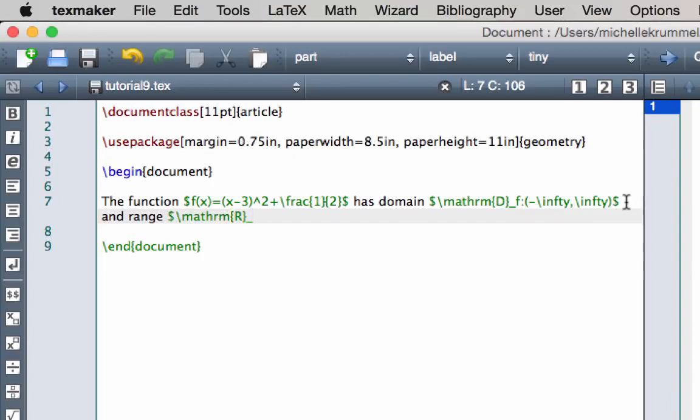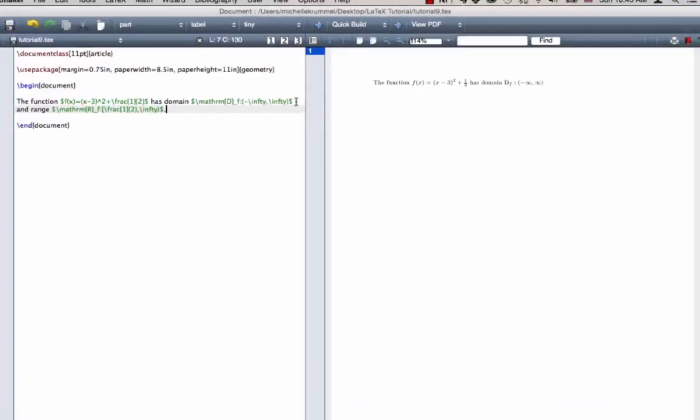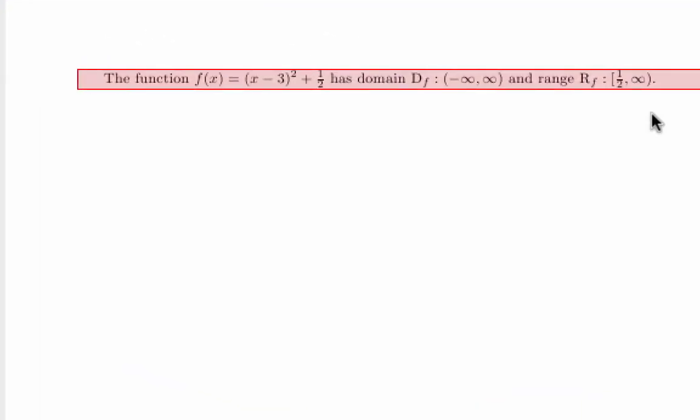We want the subscript of F, colon, and now our range goes from 1/2 to infinity, and I do want to include the 1/2, so I'm going to use a square bracket around the 1/2. To get the 1/2, I'm using the command for a fraction, comma, infinity. So backslash infty, open parentheses, close math mode. Now let's typeset that, and I have a feeling I'm not going to be happy with the way it looks. Let's try. Okay, so what I'm not happy about